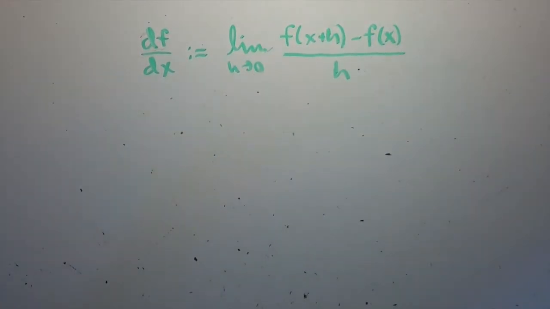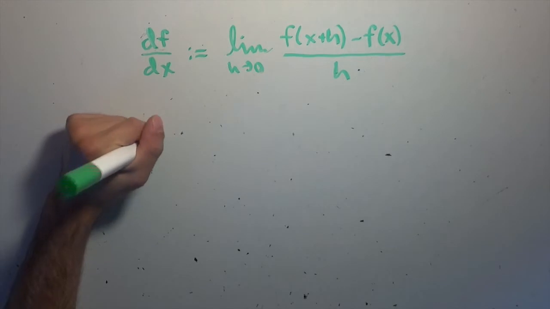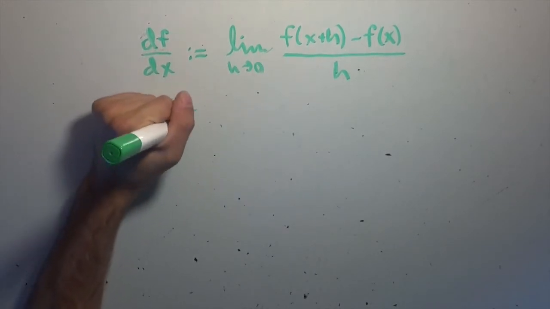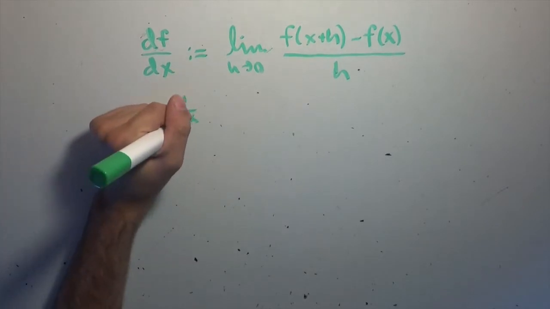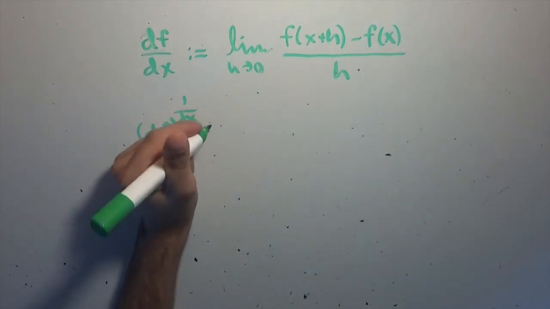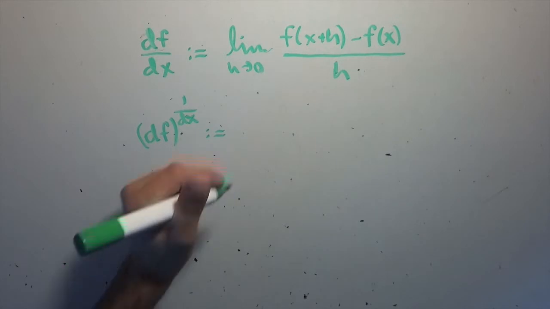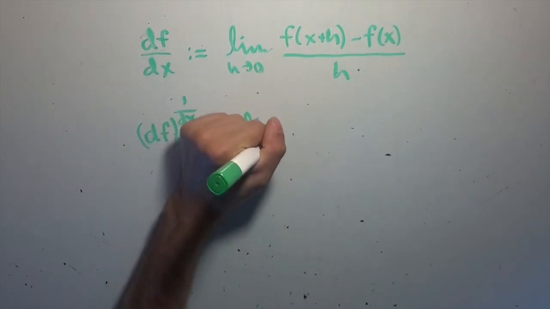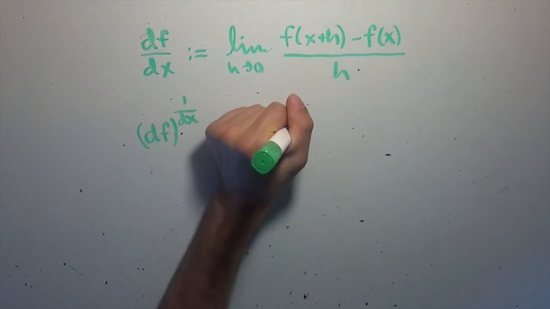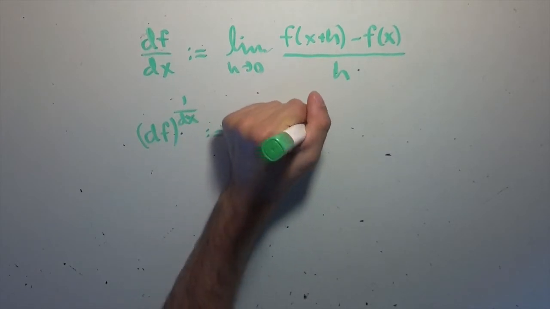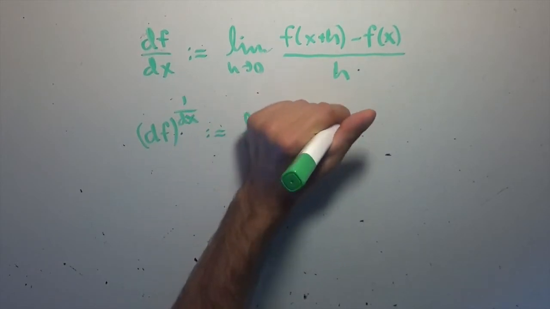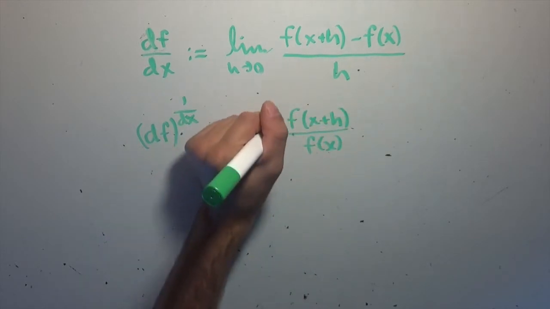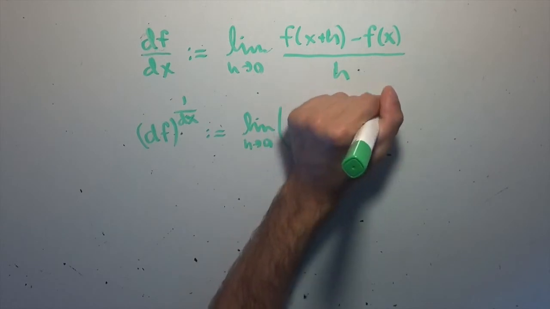The product derivative is very similar. You can actually write it notationally like this, df to the power of 1 over dx. And that does work out mathematically. And what it turns out to be is, by definition, the limit, very similar to this actually, the limit as h goes to 0 of f of x plus h divided by f of x, all to the power of 1 over h,